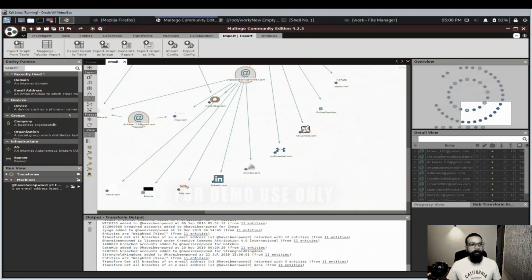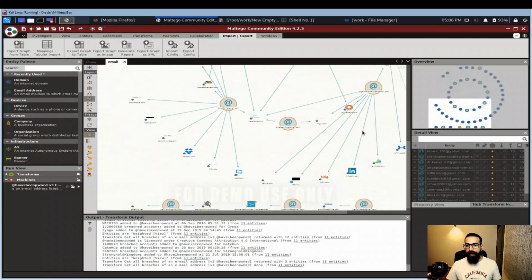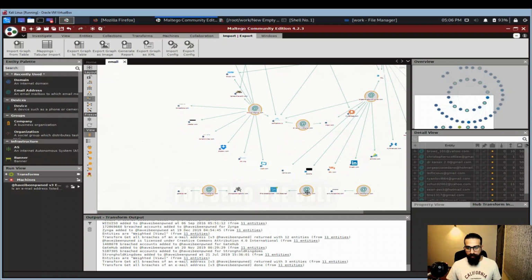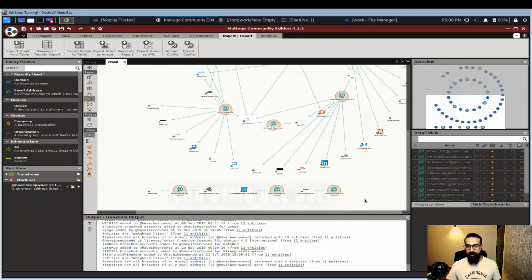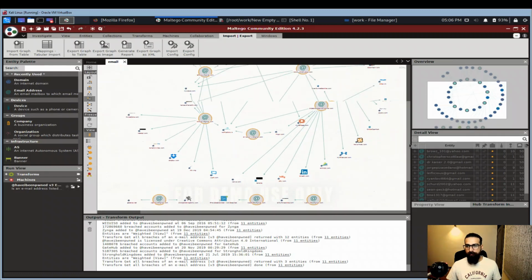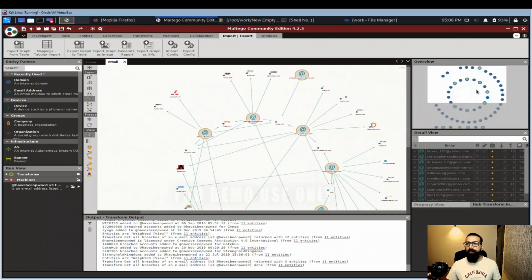All right. So I have selected 11 email addresses, and few of them, I think two of them, were not involved or did not appear in any breach. There you can see. So it has not appeared in any breach, and there I have seen another one. Let me go back and check. I don't think so. Yeah, only one out of 11 has not appeared in any breach. Other than this, all 10 appeared in some sort of breach.